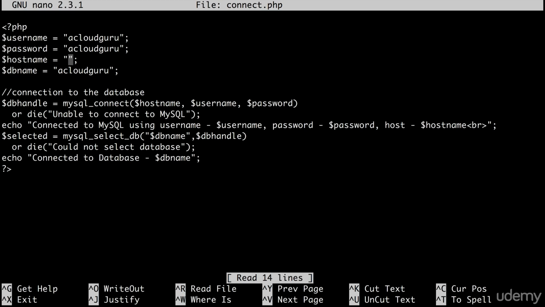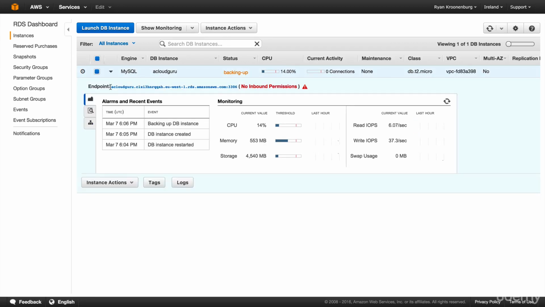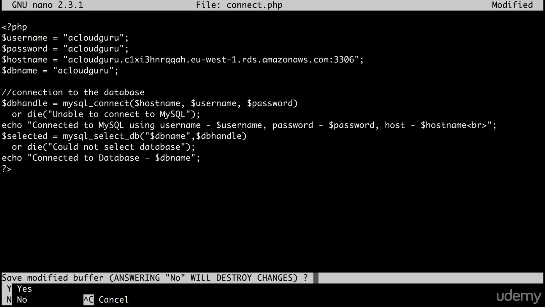So let's go back to our console, and I'm just going to go ahead and refresh this. Now it's still backing up my RDS instance, but I should be able to go in and get my endpoint, which you can see here. So there's the endpoint, and that is going to become our address. So if we just cut and paste this, and then go back to our terminal window and paste it in there, and I'm just going to fix this little space, and there we go. And so all we need to do now is press Control X, and it says save modified buffer,